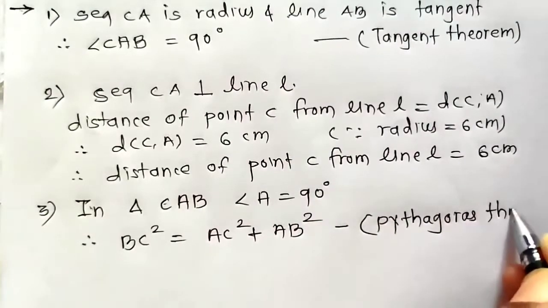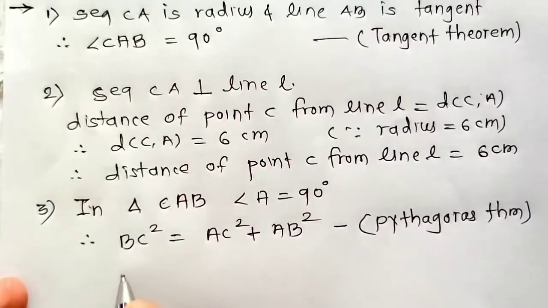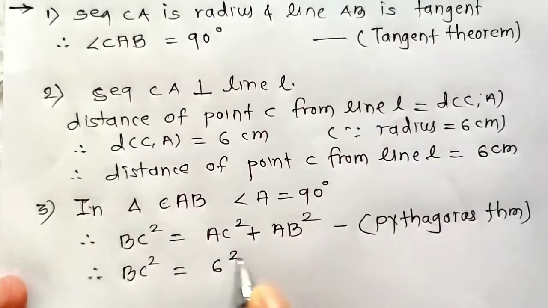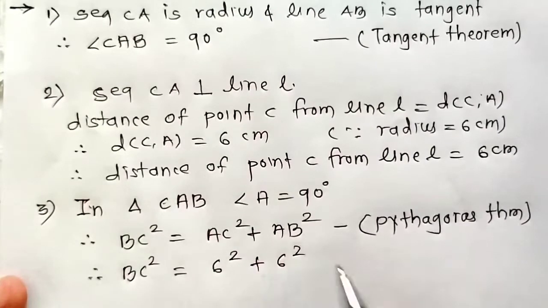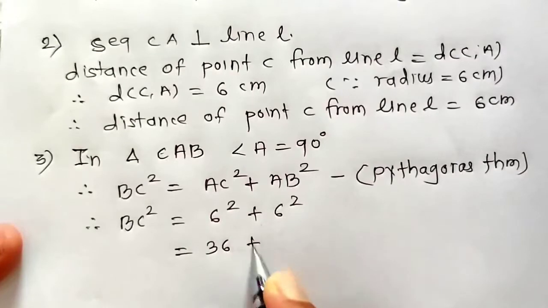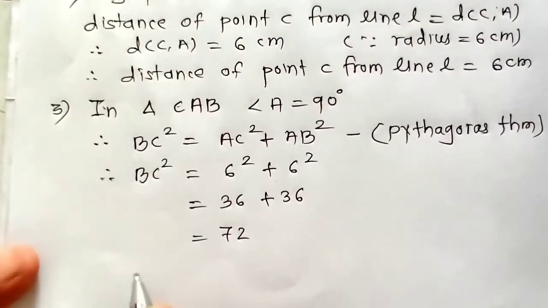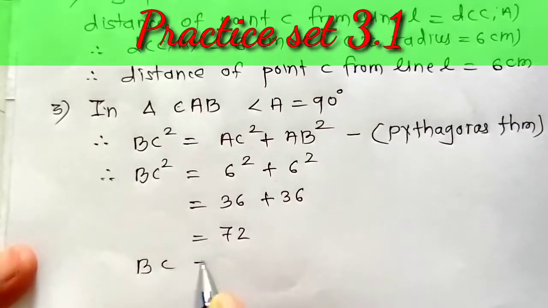Here we can write the reason as Pythagoras theorem. Now BC square is equal to, hypotenuse square is equal to one side square plus other side square. Here it is 6 square plus 6 square. So 6 square is 36, plus 36 is equal to 72. So BC is equal to